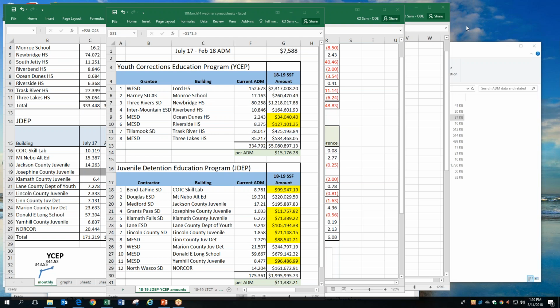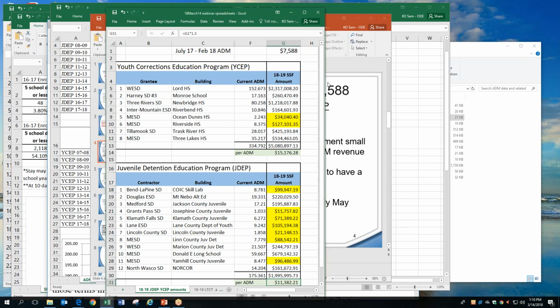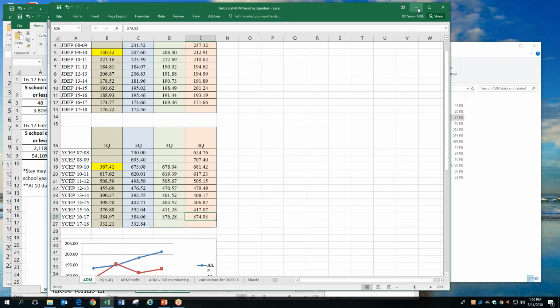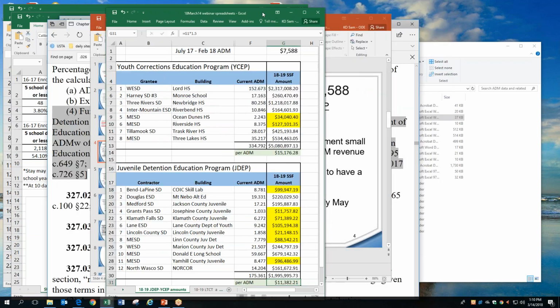So, for example, for the question on the YCEP high schools, if you have the number in parentheses, does that mean we will be cut that number times the ADM amount for the next year? Oh, no. It's not a cut. This is your amount for next year. For Ocean Dunes and Riverside and Three Lakes, that's the amount that will be there for